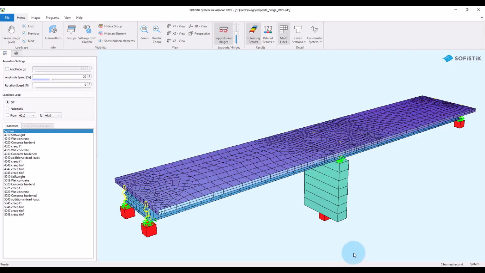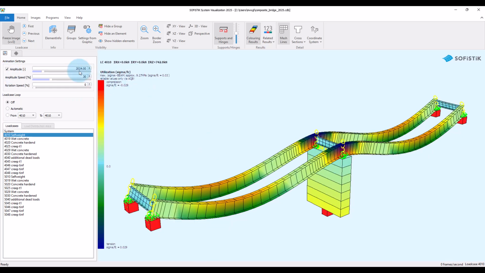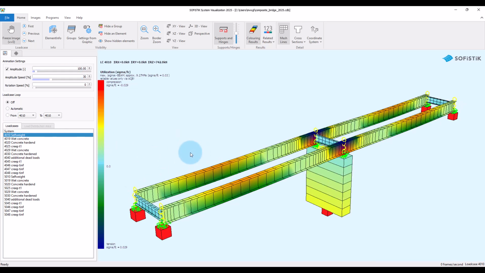And we take a look at the results. So the sum of effects from the construction process here are stored in load cases with number 4000 upwards.